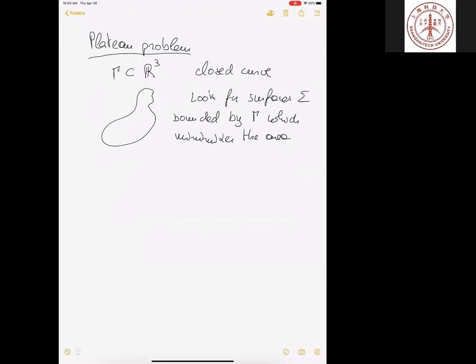So in general, gamma will be, in our talk, an m-dimensional closed, smooth submanifold, where I actually should say also oriented,